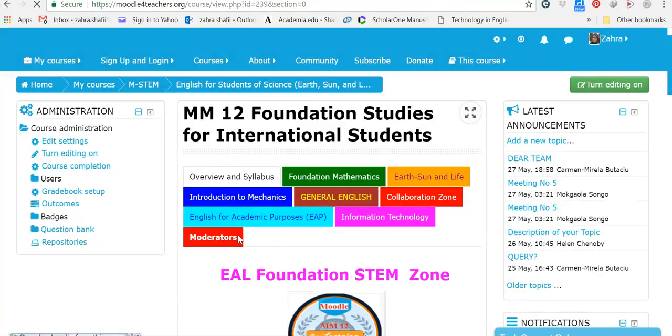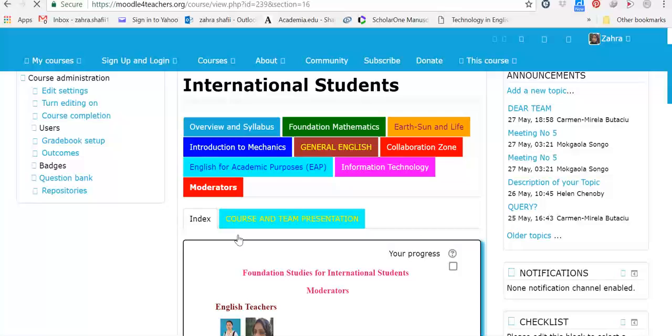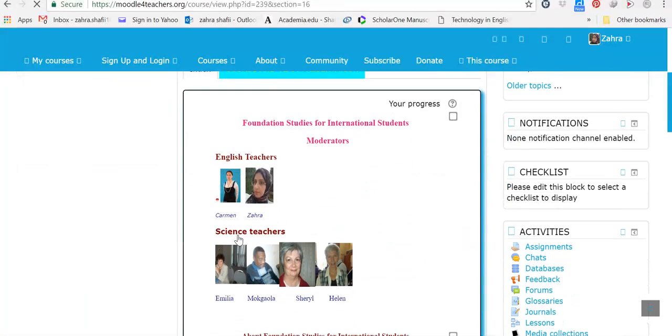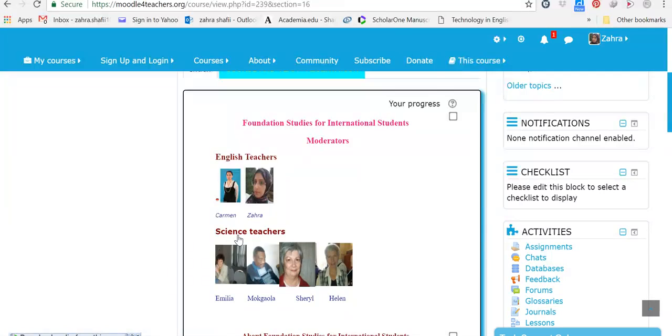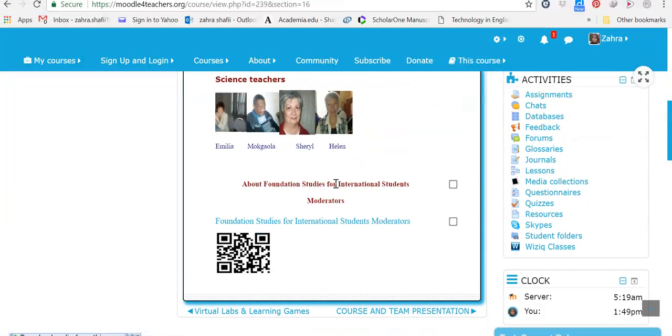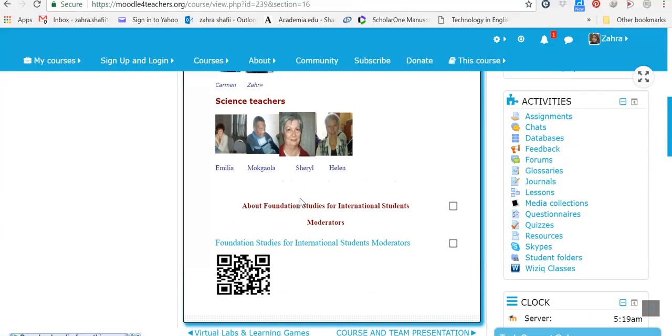In moderators, as you will see, we can introduce ourselves in different ways, but here we have put our pictures based on the subjects we want to teach, and here foundation studies for international students, moderators, the QR code, and about foundation.